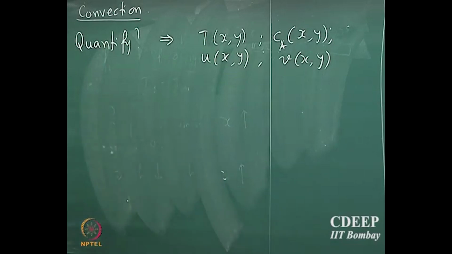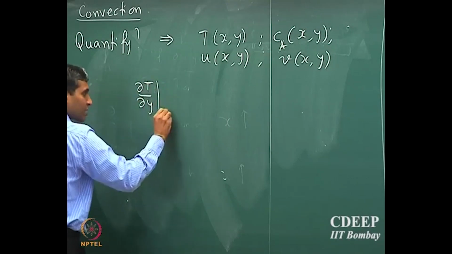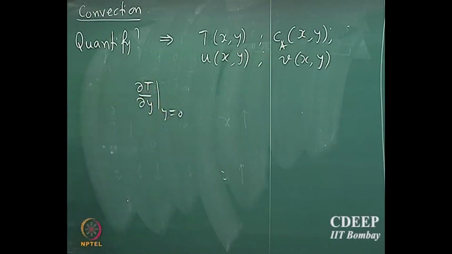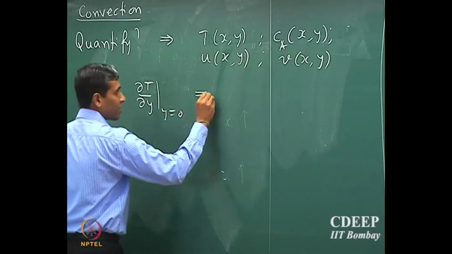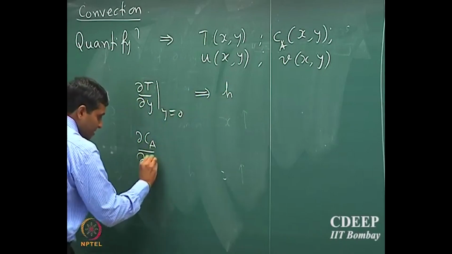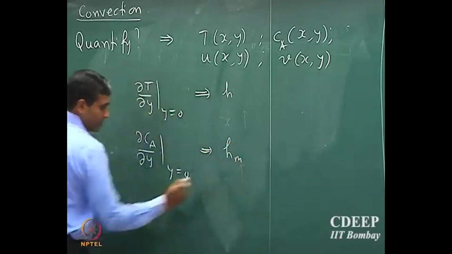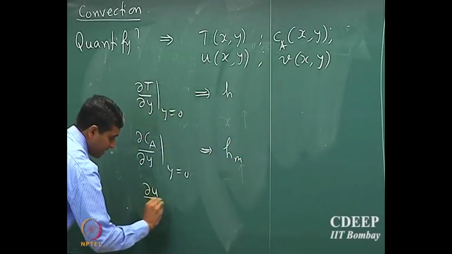If we know all of these, then we are done, because the objective is to find dT/dy. That's what we need to find. This will give you the heat transport coefficient. dCA/dy at y equal to 0 will give you the mass transport coefficient, and du/dy,